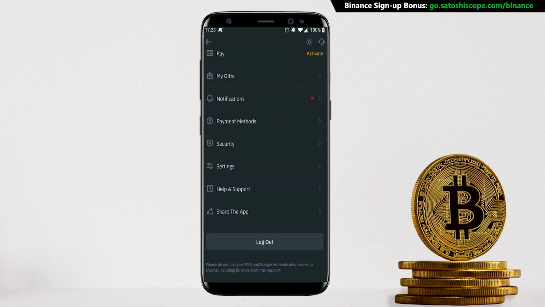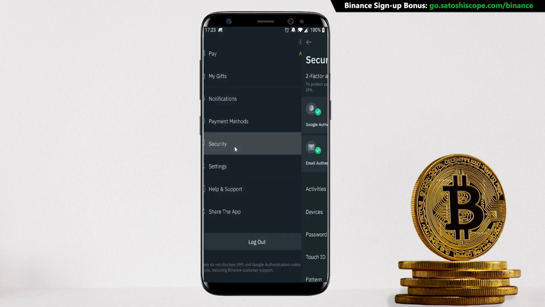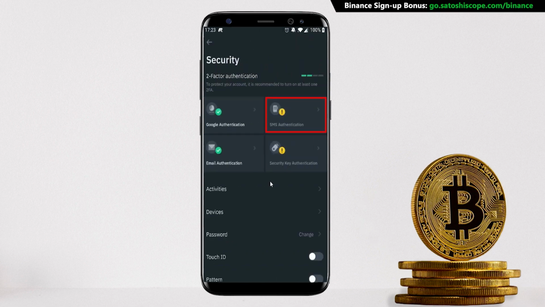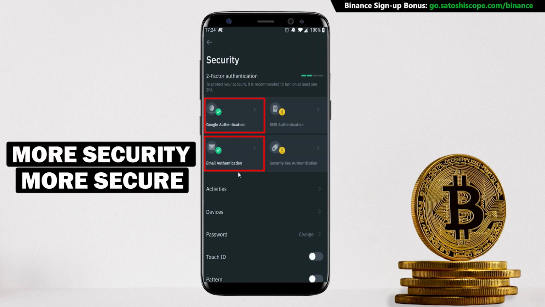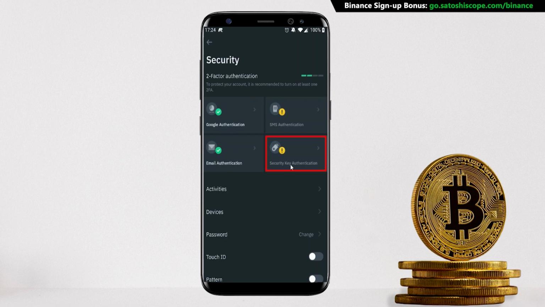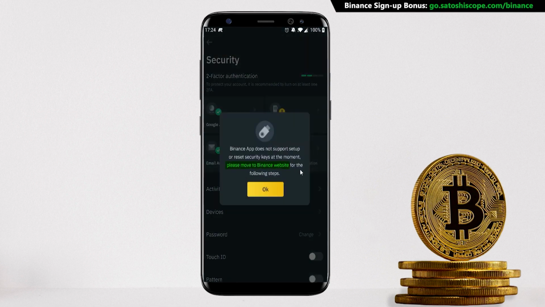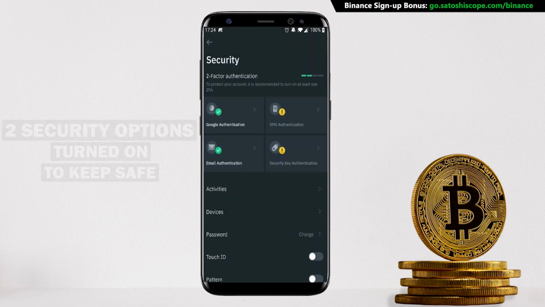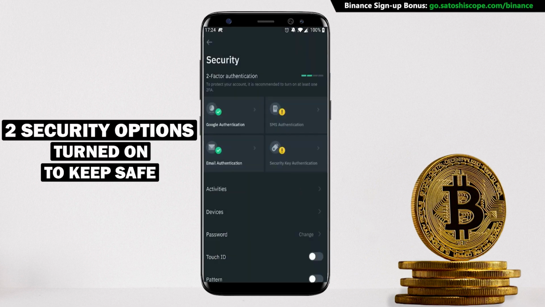The next important thing I want to mention is the security settings. So you can see there are 4 methods to securing your account, and I have 2 turned on right now, but the more the better, obviously, to keep your account secure. And if you want something like a physical security key, Binance also has that, but you'll have to apply through their website. But make sure you have a minimum of 2 options turned on for your account to keep it